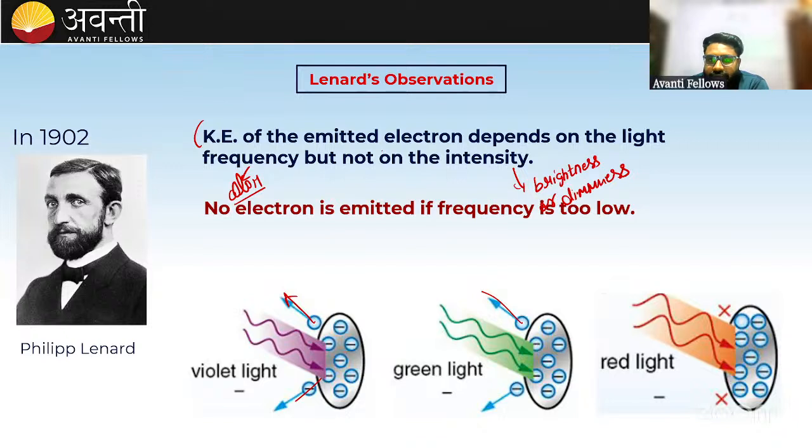Okay, it depends on the frequency, because we know that a change in the color changes the wavelength and the frequency. Violet color has the maximum frequency, you can remember. Okay, red color has the minimum frequency. So this kinetic energy of the emitted electron will depend on the frequency of the light falling on it, or frequency of the wave, I will say, but not on the intensity of the wave. ठीक है,